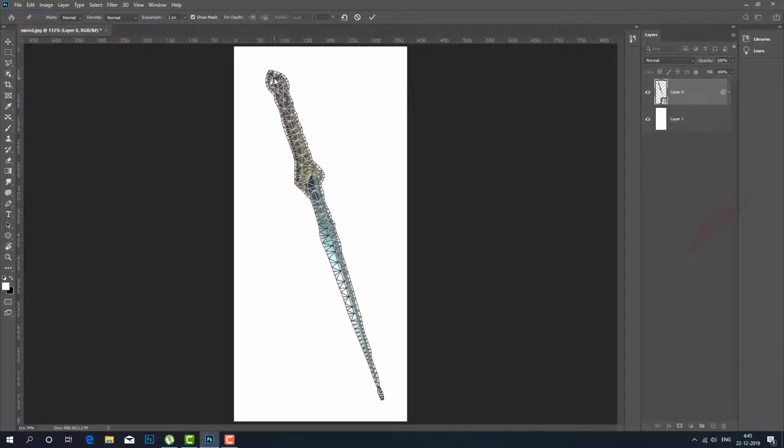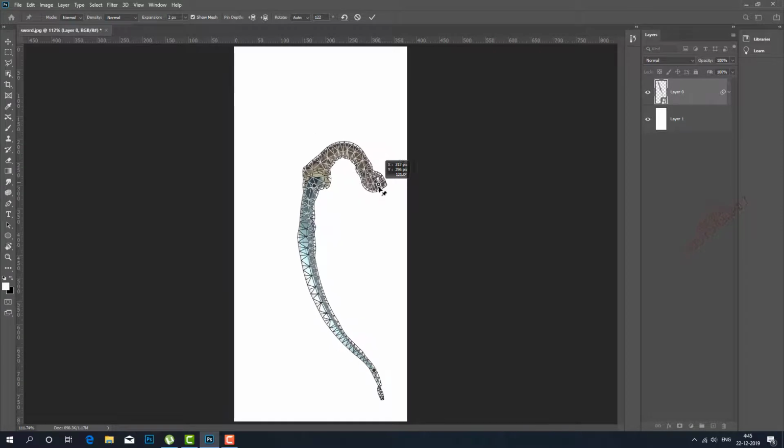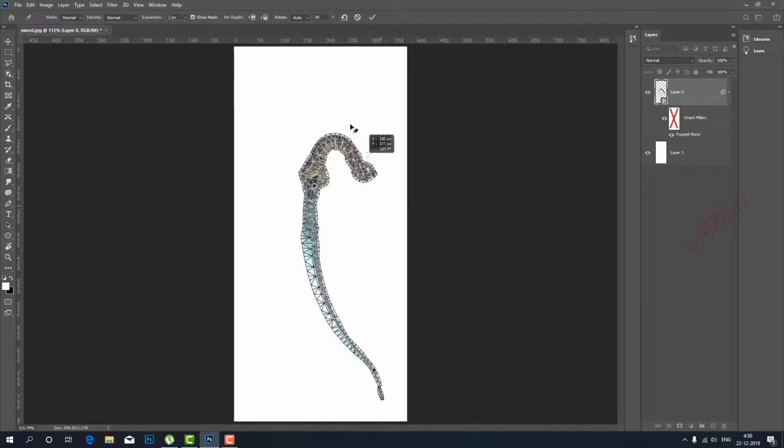In order to apply some pins, click anywhere in the object. Now a pin is applied, and add a pin at the middle and the bottom. Now I added 3 pins. You can bend and distort the image by dragging the pin. Now I want to reposition it.